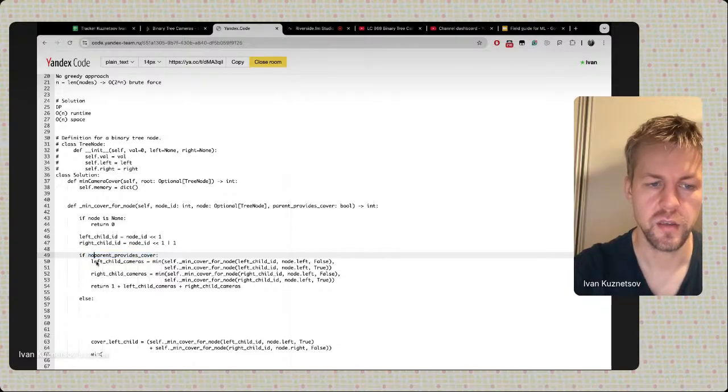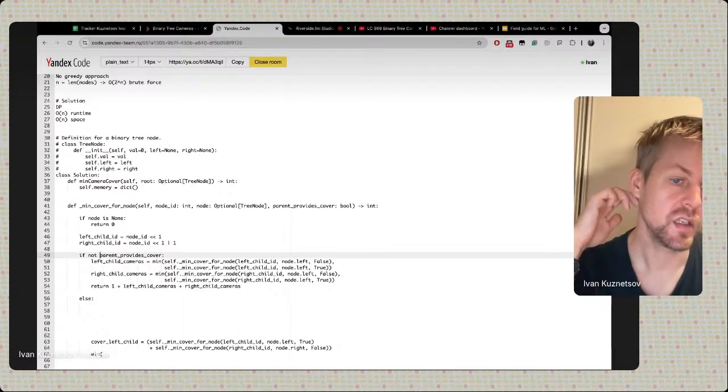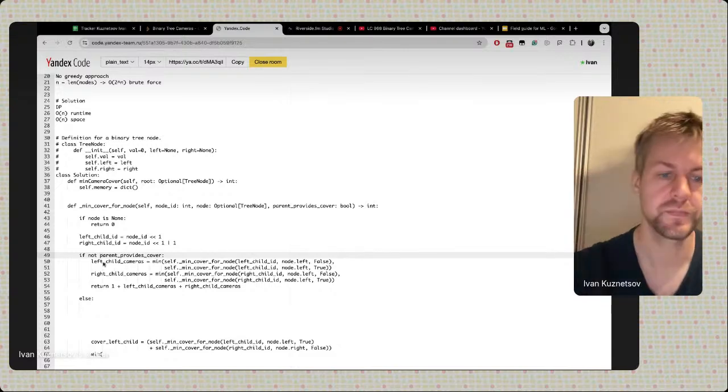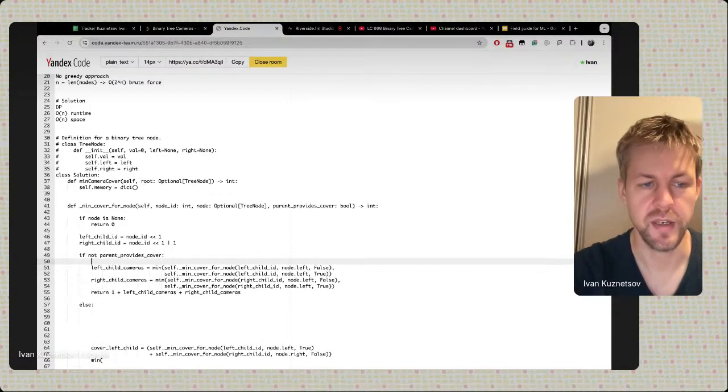So here, if not parent provides cover, what does it mean? We need to either install camera on our left child or our right child, or for ourselves. So if not parent provides cover, then we will need to install on